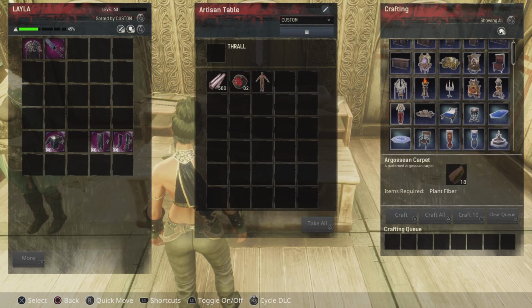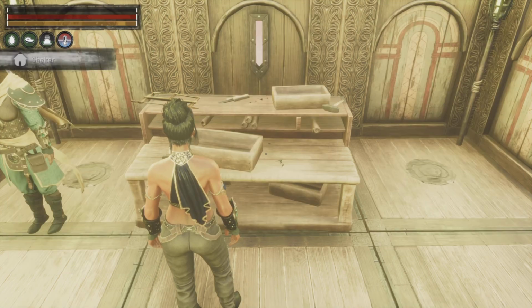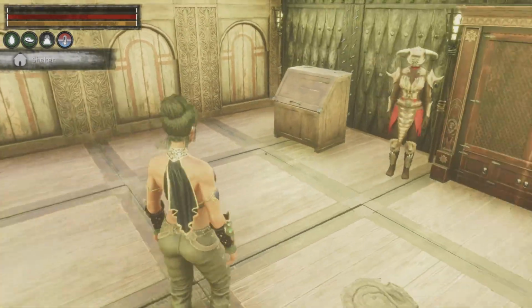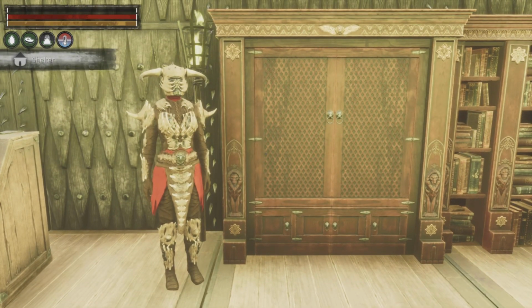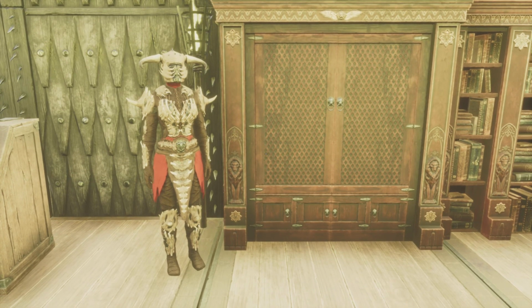So you would come to your artisan bench and look on your list for them. As you can see, I've already got one there, but I'll do it again just to show you. So you grab them into your menu, stick them on your hotbar, place them down, and you can put armour on them. As you can see there, let's go back to that. That's the full Void Force Dragon Heavy,